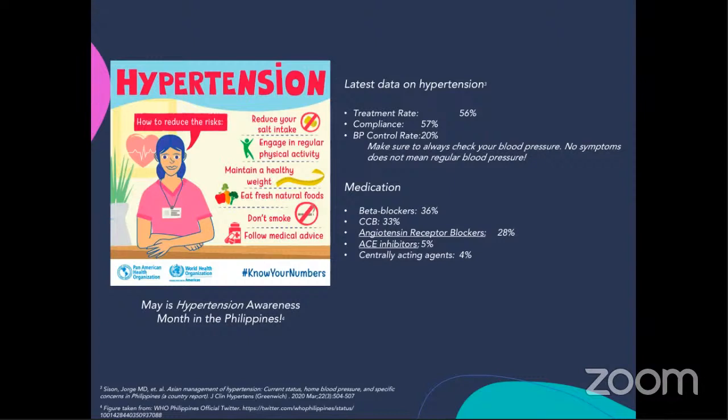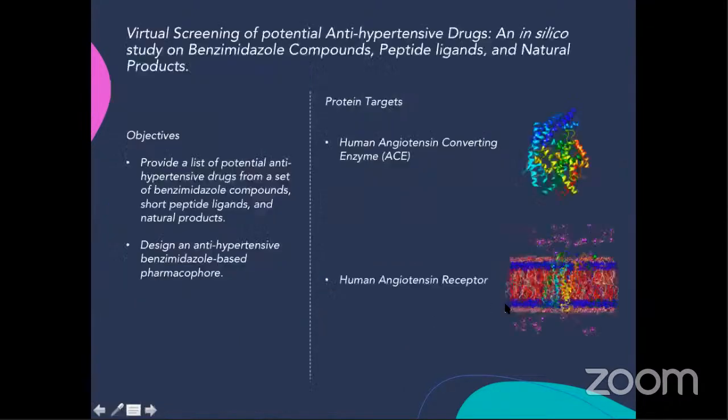For people that cannot prevent hypertension or already suffer from this disease, we have different medications. In the Philippines, the main medications are beta blockers, CCB, angiotensin receptor blockers, ACE inhibitors, and centrally acting agents. I have these two lines underlined because, next slide, sir. In our study funded by DOST PCHRD, we aim to design novel drugs with similar activity as those underlying